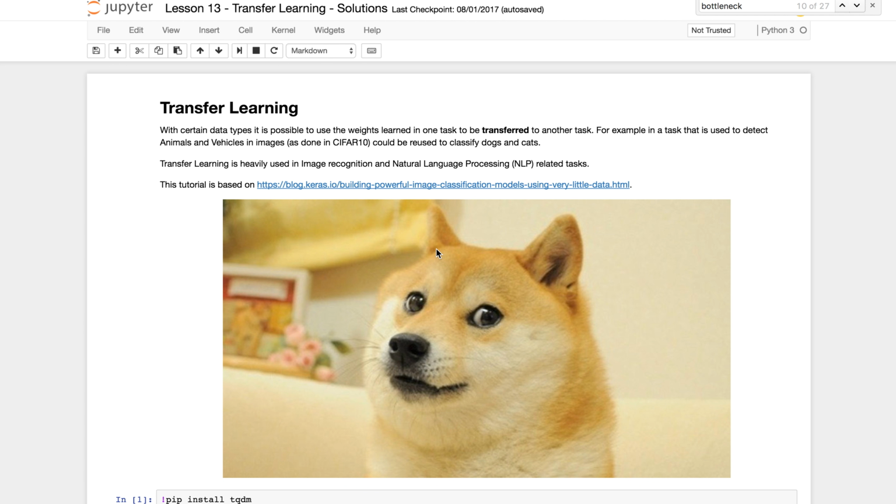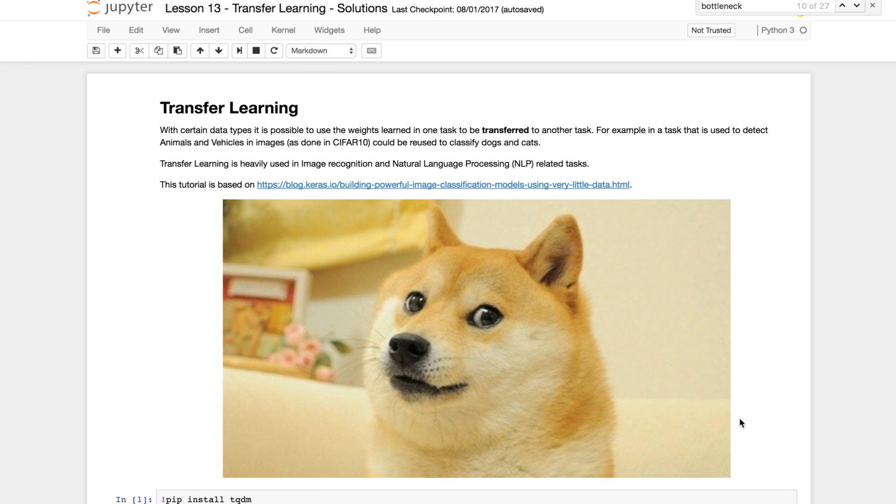In this video, we're going to be going through transfer learning. Transfer learning is about taking a pre-built deep network, and then reusing those weights in another, different problem. In this case, we're going to be looking at this neural network called VGG16, and we're going to be reusing the weights to classify between dogs and cats, hence the